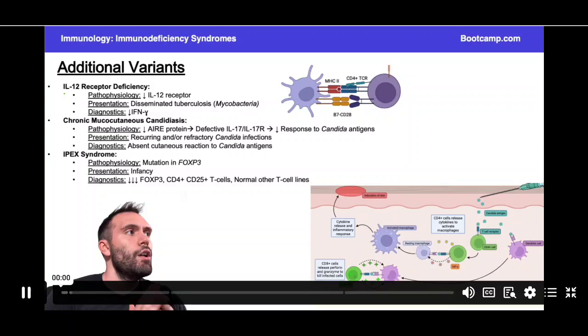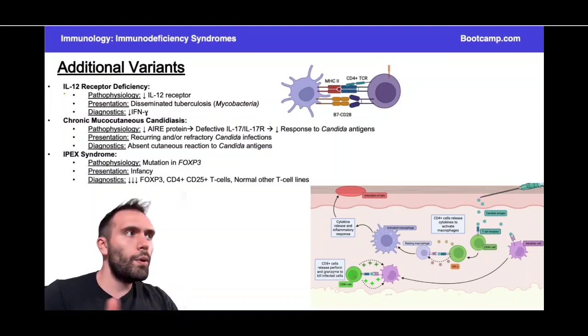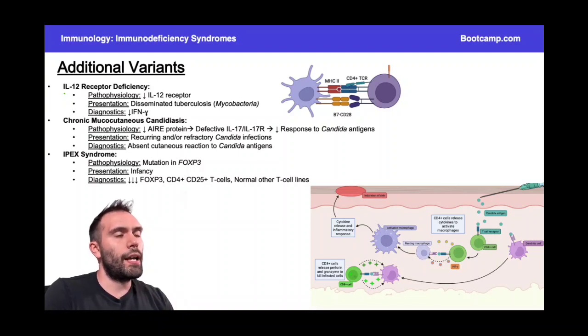So now let's take a couple minutes to talk about some of these additional variants. And again, if you understand what we've been talking about this whole time in terms of the physiology going on with the immune system, then a lot of this is going to make sense. So going to interleukin 12 receptor deficiency, we kind of already hit on this when we talked about antigen presenting